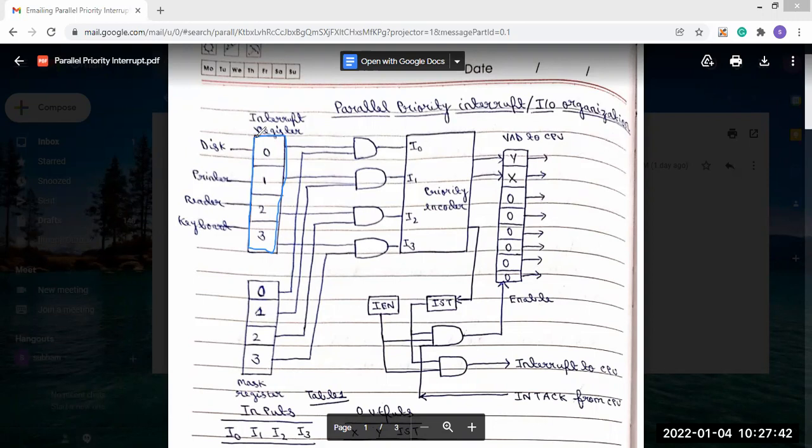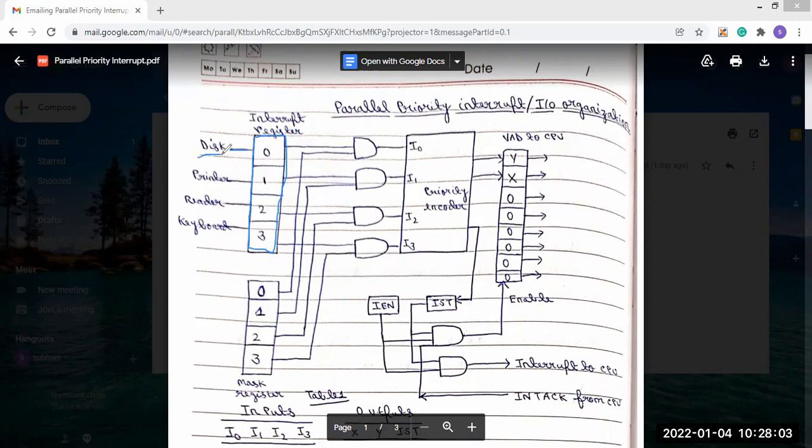is arranged first, and according to that order the other devices will be present.